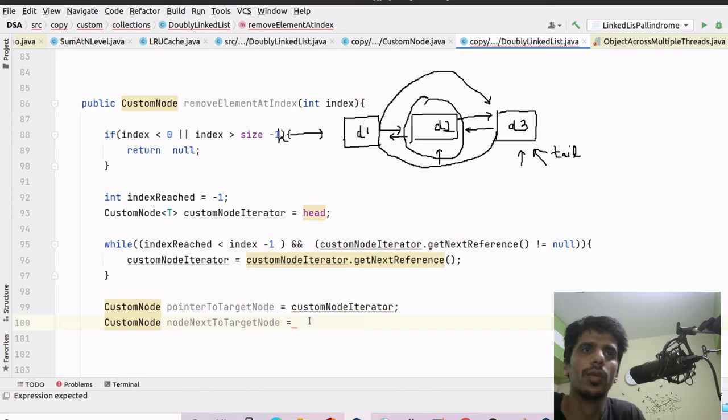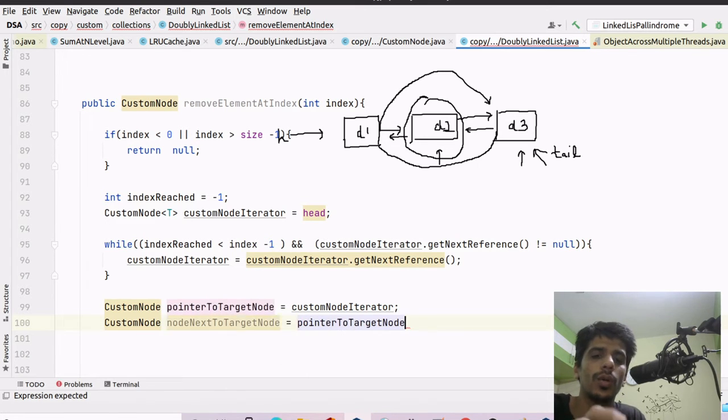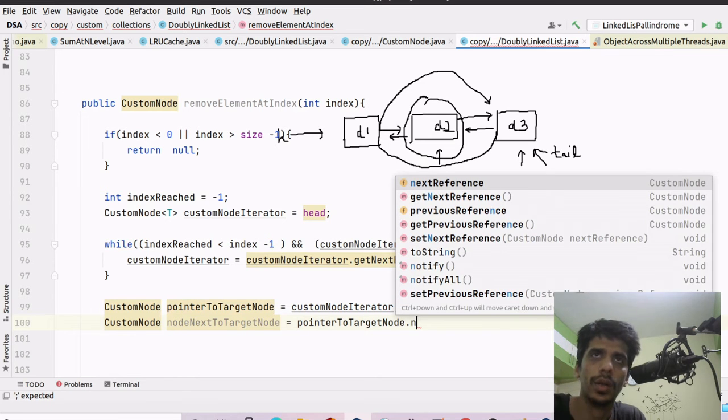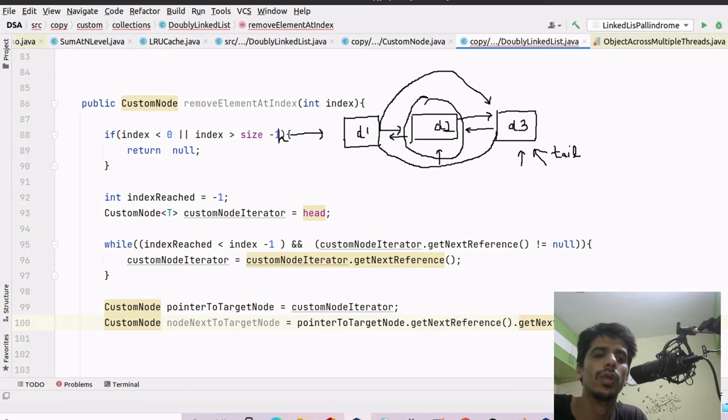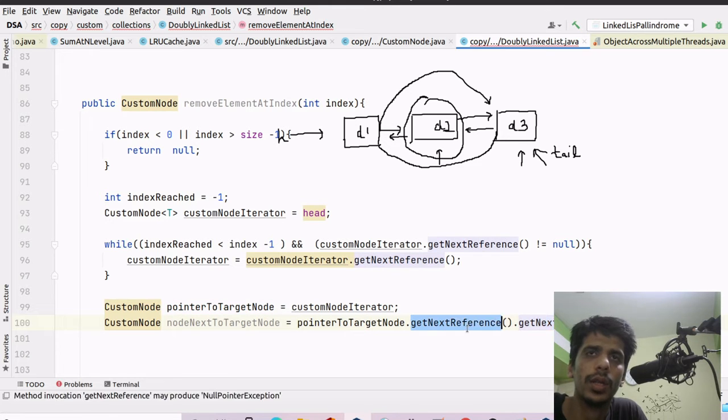So node next to target is pointer to target node dot next reference dot get next reference. Now we should closely see what we have written. There could be a condition when this get next reference